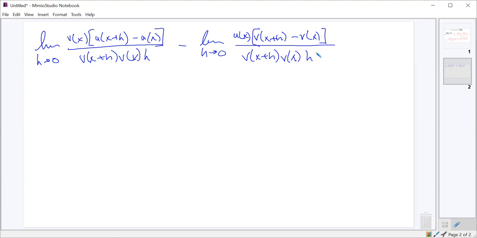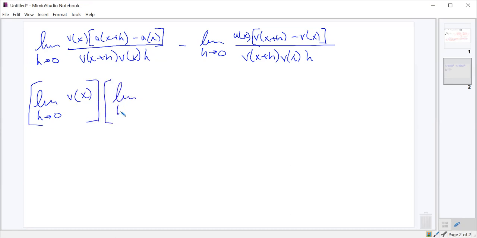We're now going to actually separate these two limits into 5 of their own limits. First thing we're going to recognize is that v of x plus h times v of x is in the denominator of both of these limits. So we're going to separate that down into its own limit in the denominator of the whole thing. Then we're going to separate the v of x, the u of x plus h minus u of x over h, and this u of x and this v of x plus h minus v of x over h into their own limits,